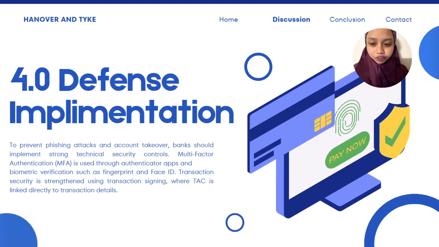Next, defend implementation. To prevent phishing attacks and account takeover, banks should implement strong technical security controls. Multi-factor authentication (MFA) is used through authenticator apps and biometric verifications such as fingerprint and Face ID.